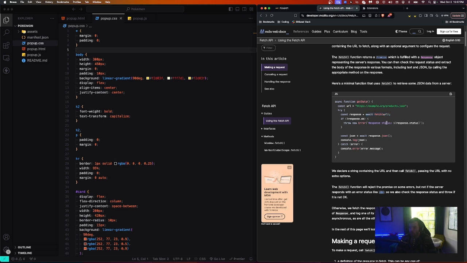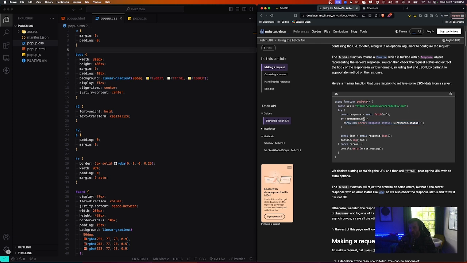So if you recall, this is going to initially create a promise, and then we're waiting for that promise to be resolved, and then that response is going to store whatever response we get from the API. Then we're going to do this brief check where we check this if statement. If response is not okay, that's what the exclamation point means at the front here. It's a not operator. So it's saying, if the response is not okay, throw a new error that there,